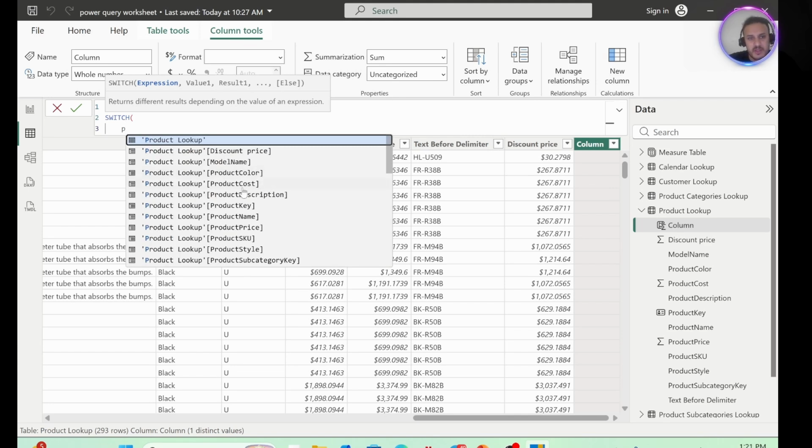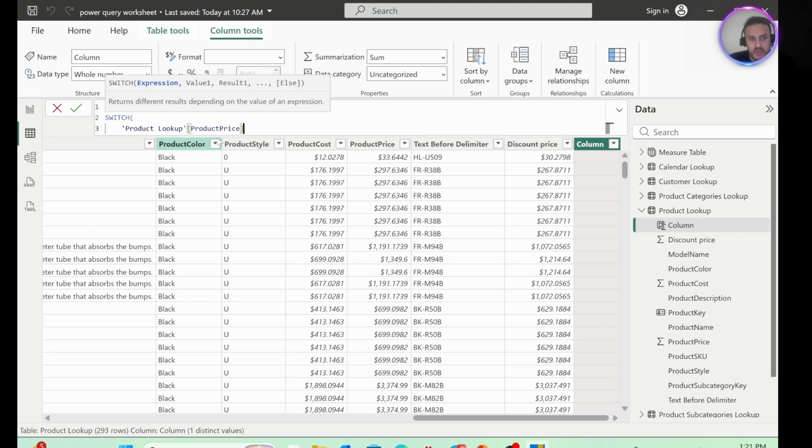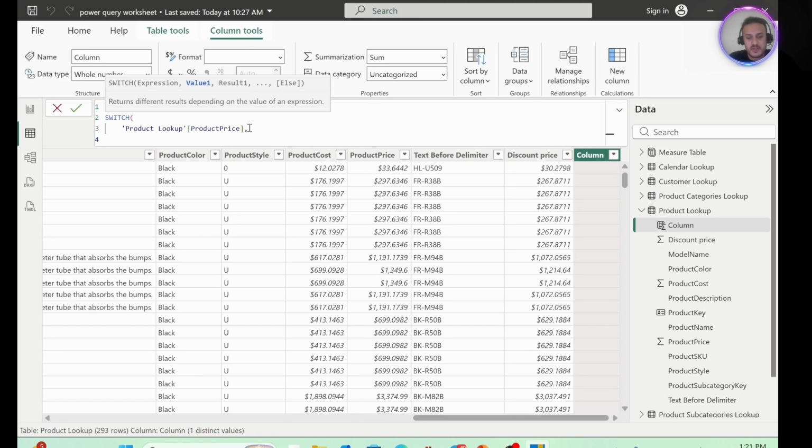Within the product lookup we have a product price: product lookup, product price, and close this with a comma, and then shift and enter. So if we try to put some condition, greater than, if the product price is greater than $500, then print high,